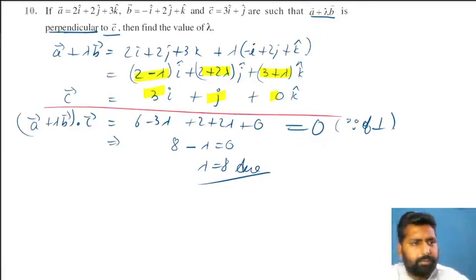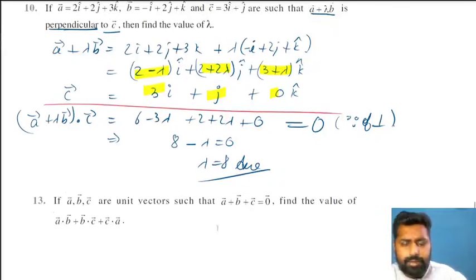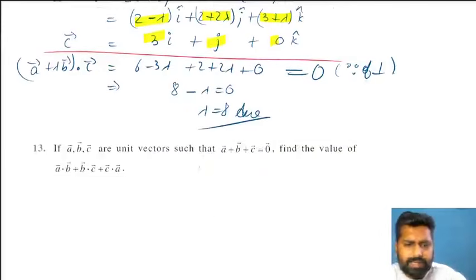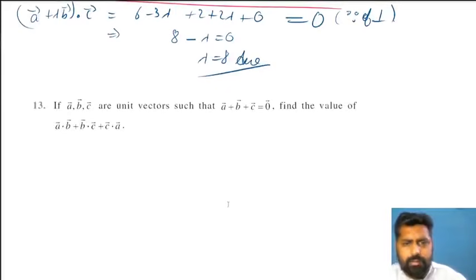Now another type of question that comes is this. And this question, the kind of manipulation that it uses, not too difficult. It's just that the properties are being used and the approach is slightly unique. Once you do one question like this, you will be able to understand the upcoming question and the methods.